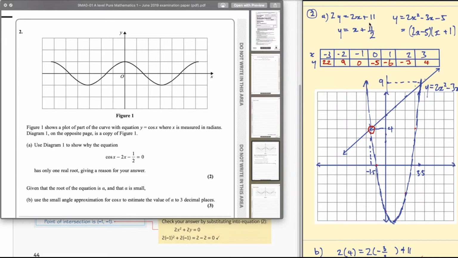And arguably, it would be faster to solve this algebraically. What's important is to get an understanding of the graphical method as well. Even though generally you probably solve this algebraically, just getting an understanding of what you're doing when you're solving this graphically is important due to questions like